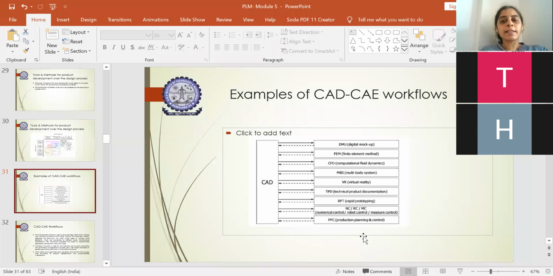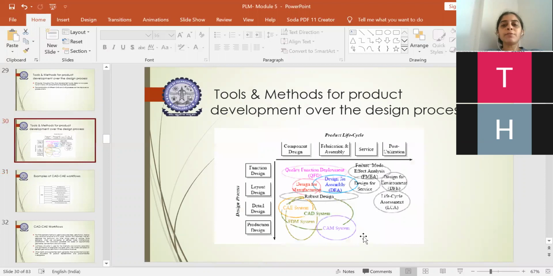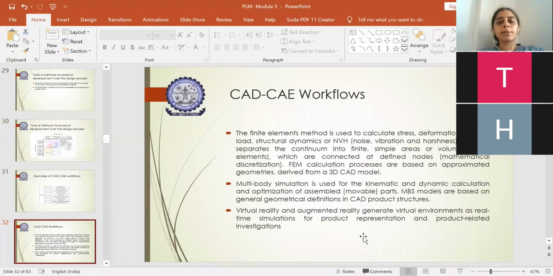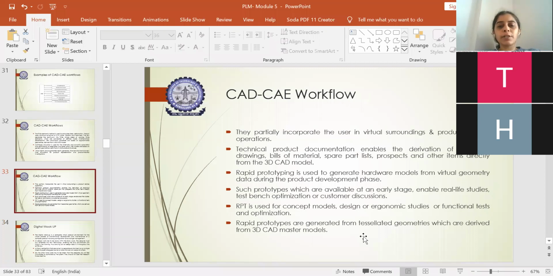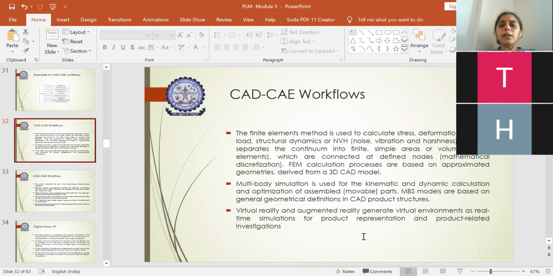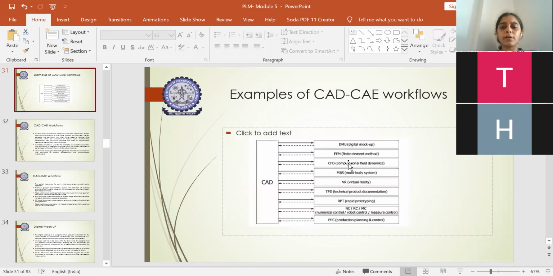So this is an example of how CAD and CAE will be interrelated in operating a product, manufacturing a product virtually before you go into actual manufacturing. So if they ask you to explain with an example, you will be able to explain. The same thing has been given over here related to the CAD models, everything. I have explained with the help of an example with the block diagram here directly.